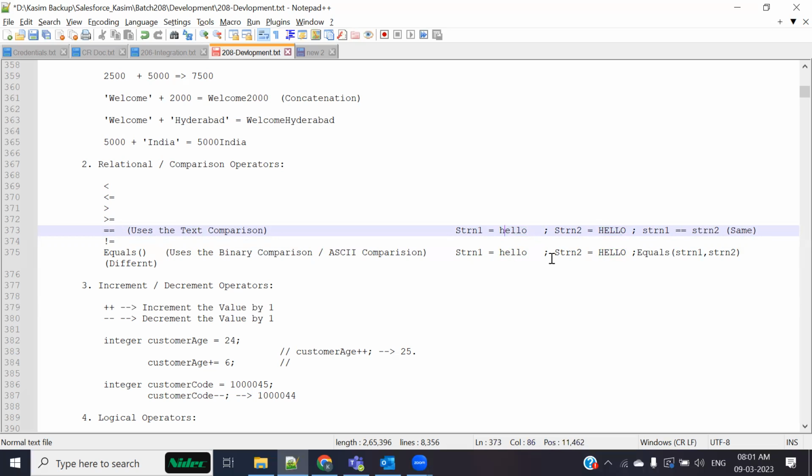Now it would go to the second string. This would perform position by position, character by character. What is the character in the first position in string 2? It is also H. All right. What is the character in the second position in string 1? It is E. What is the character in second position in string 2? It is also E. So accordingly, it would perform this comparison and at the end, it would result, yeah, both of them are same. So this is what it means by double equals to. Whereas if you would give this under equals function,